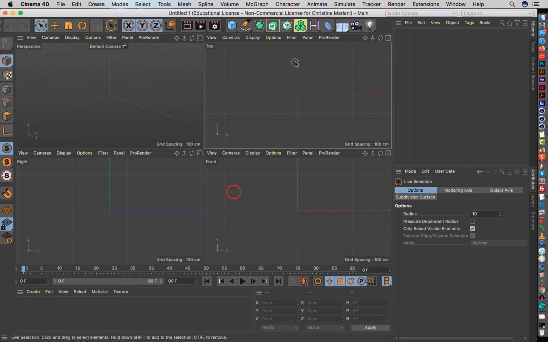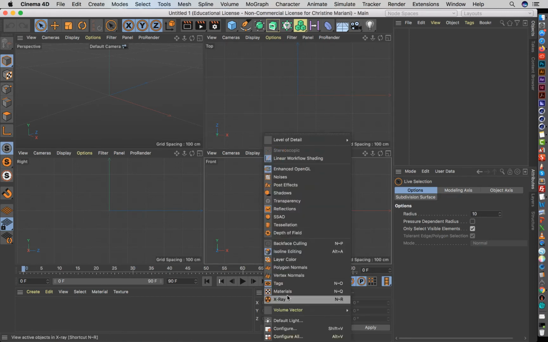Okay, so if you have multiple images that you're importing in, you're going to have to do this for each of those windows. Okay, but again, if you do it in perspective, you'll see that it's actually grayed out. It won't be an option. Okay, so it makes most sense to put it in the front view. So I'm going to go option, front view,